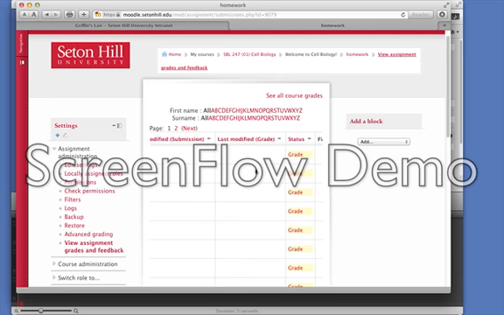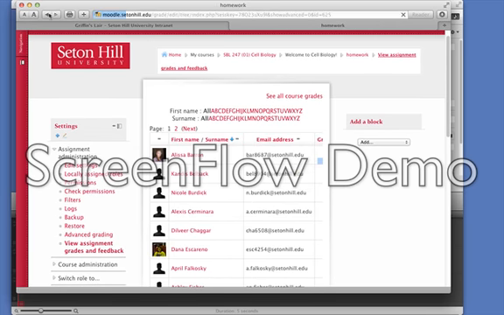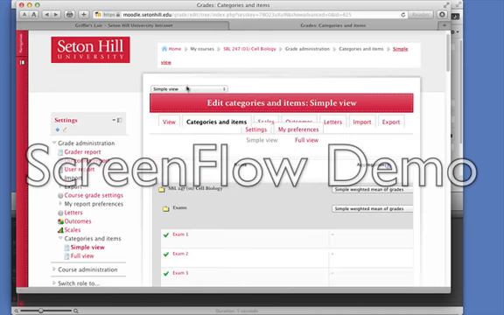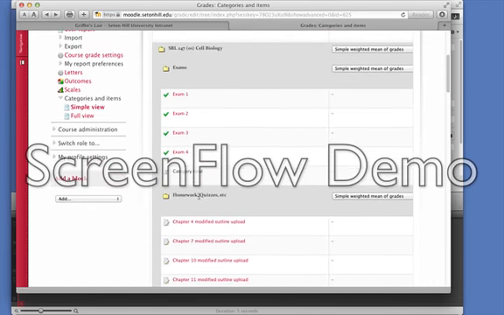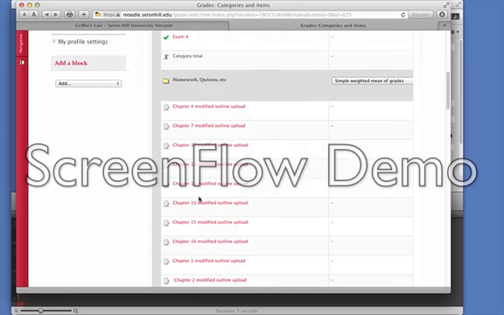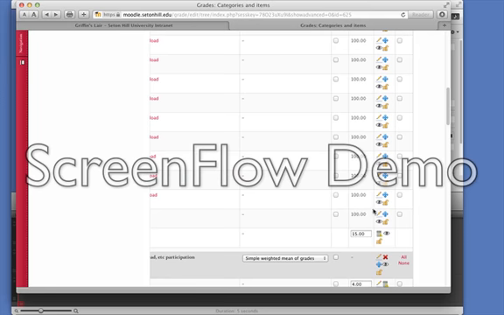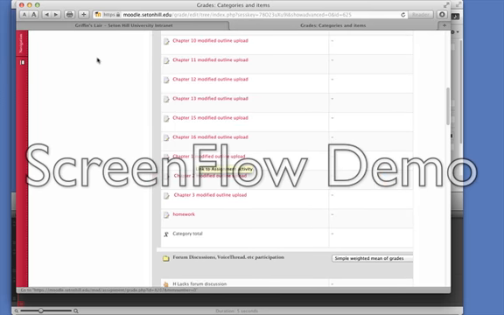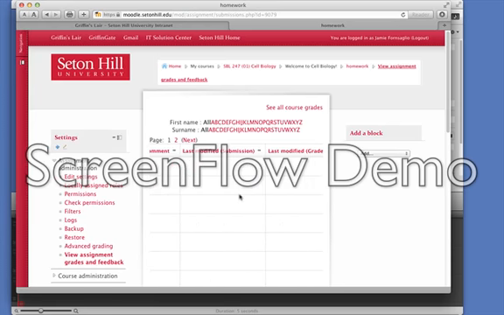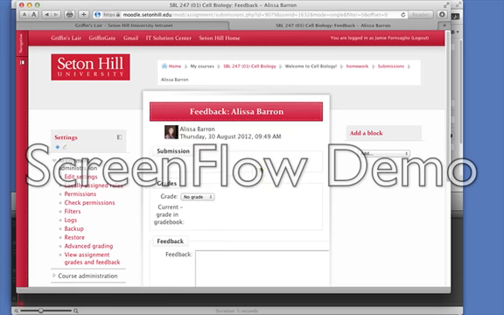What did you click to get to the screen you're on? Oh, all I did was I went to the link that said homework in the categories and items of the grade book. Okay, so it was categories and items. Yeah, and whatever the assignment is. So you clicked on the assignment, it opens, then scroll to far right to enter grade. Yeah, that's it. And once you're there, you can write notes to them too.